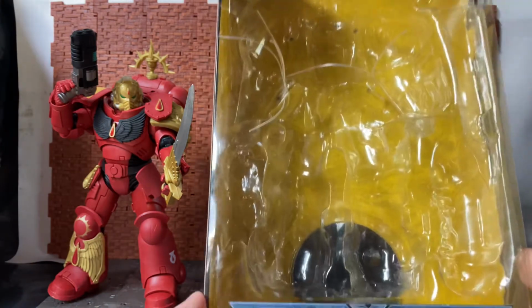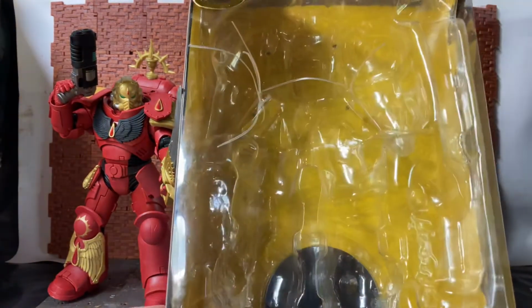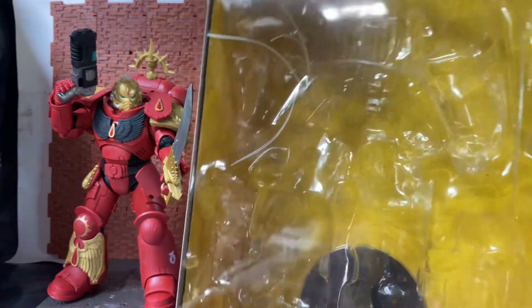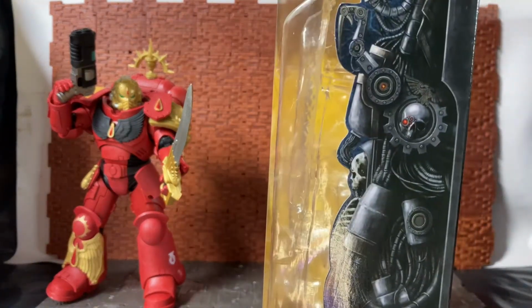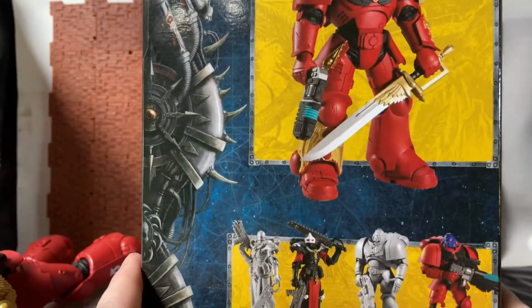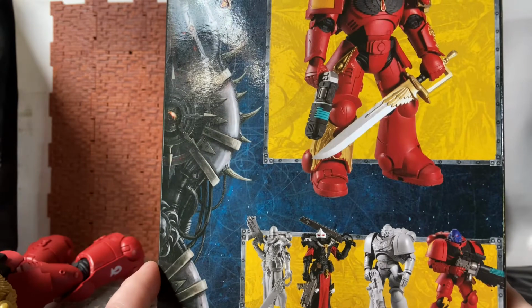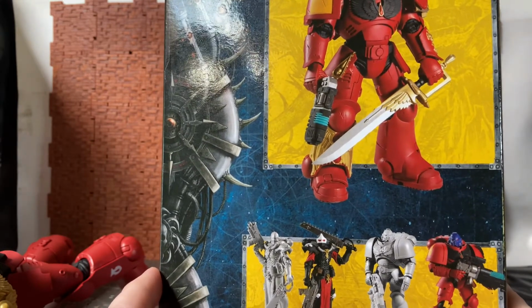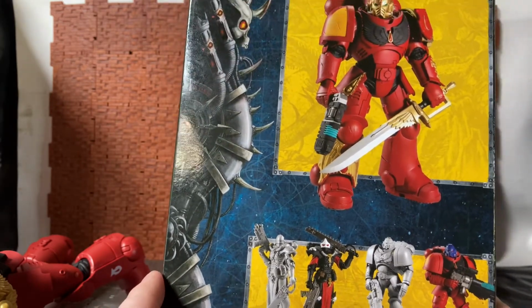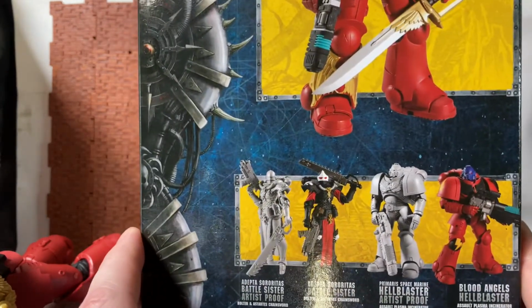Hence this guy. Now he comes in the same standard boxes that all the other Marines come in. You have the kind of 40k cyber servo skull stuff going down the side. On one side you have an image of other figures in the wave. Technically this guy is part of the second wave. You might even say it's 2.5, because he's a store exclusive, but you have the artist proof